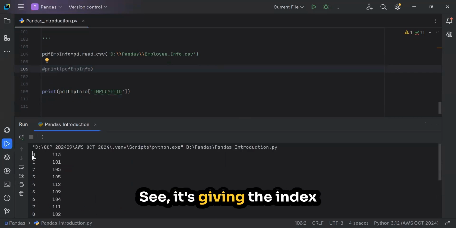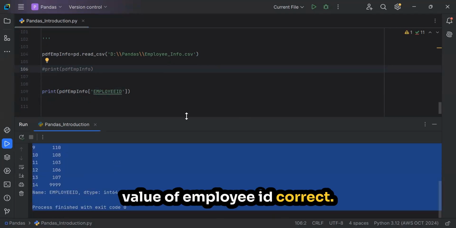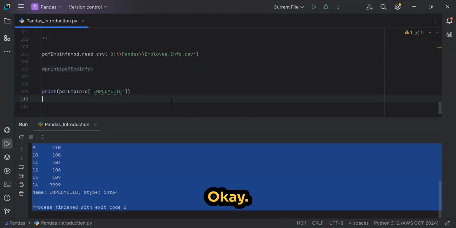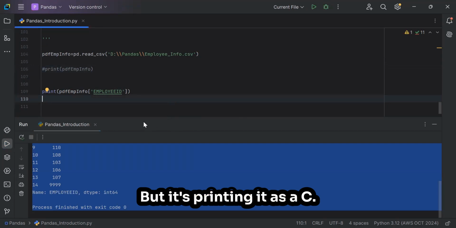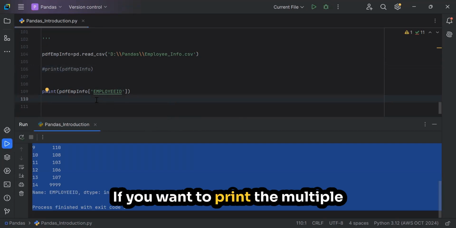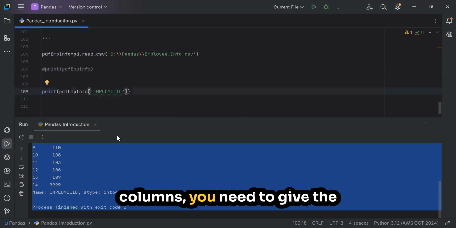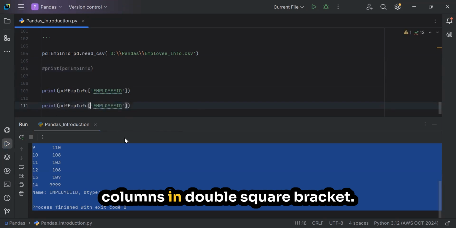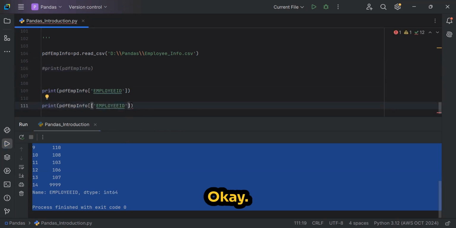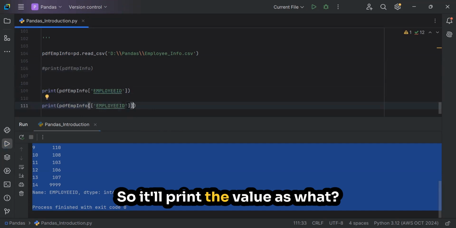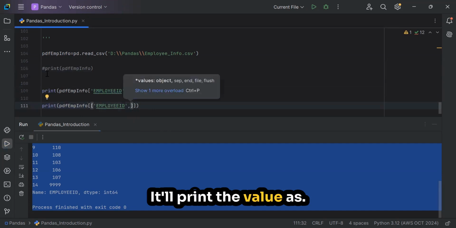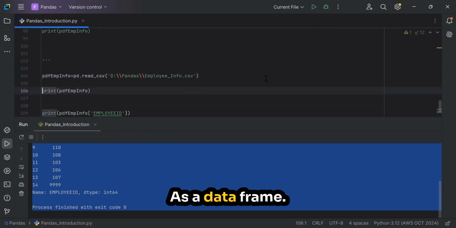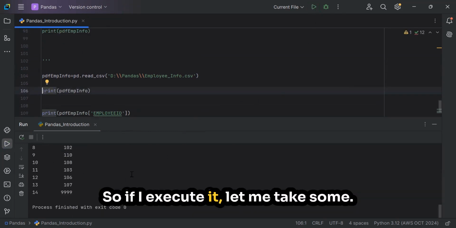See, it's giving the index and it's printing what? The value of employee ID, correct? Okay, but it's printing it as a series. If you want to print multiple columns, you need to give the columns in double square brackets. Okay, so it will print the value as a data frame. So if I execute it,